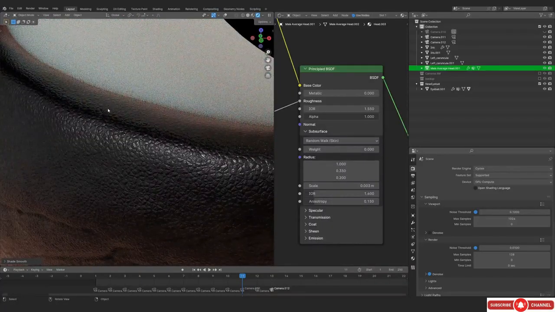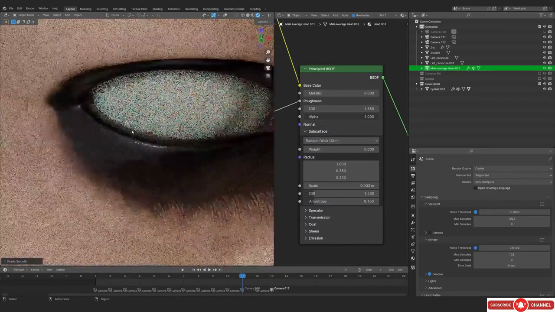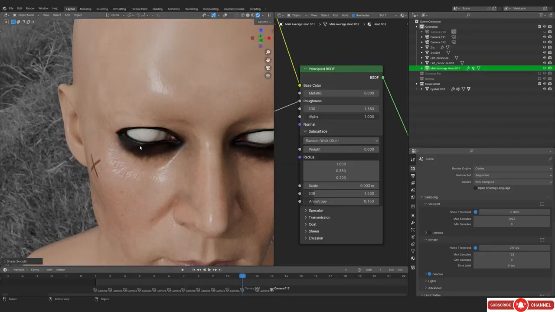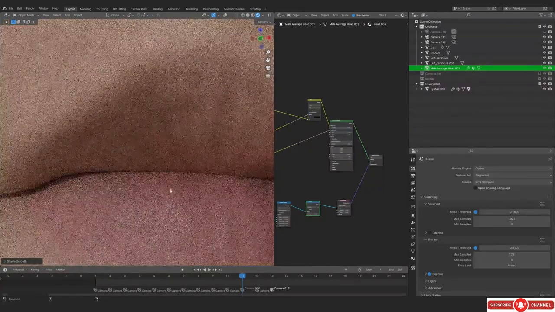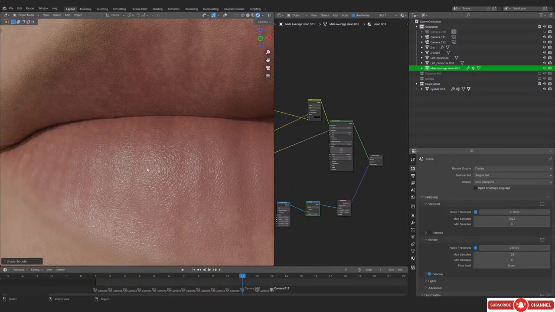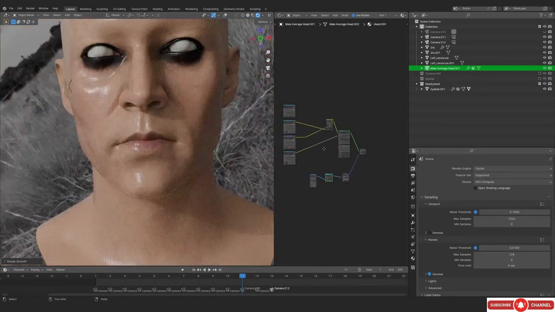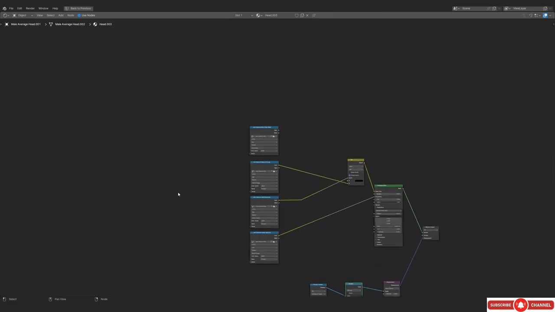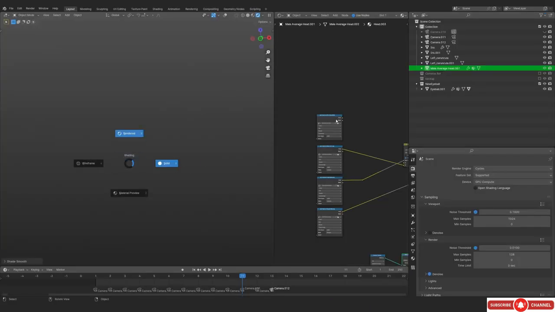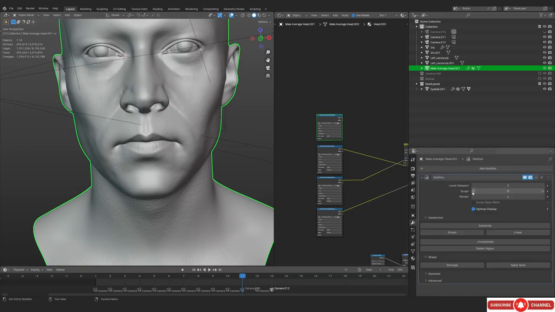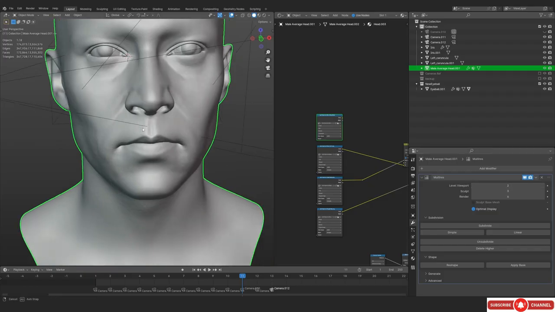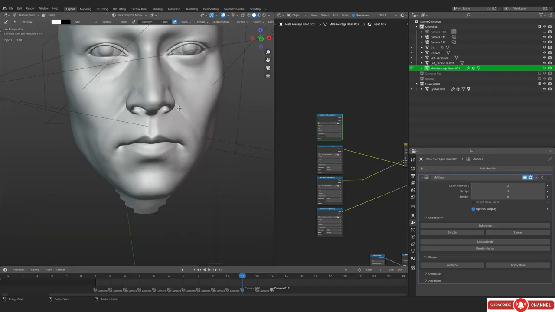So this is what we have. We obviously don't want this over here because this part is going to be shiny. As you know, micro displacement also contributes towards the roughness of our mesh. So the more strength, the rougher the skin is going to be. The less strength, the shinier the skin would be. So you also need to just keep that in mind. Wherever you want more shininess, you want the micro displacement strength to be low, which means you want to paint that in black so that you get more shininess.